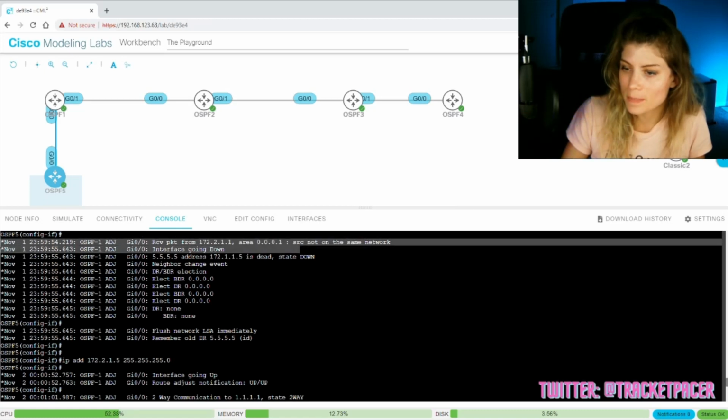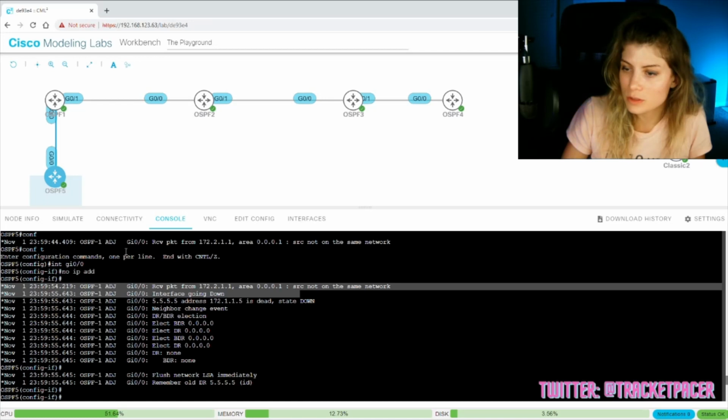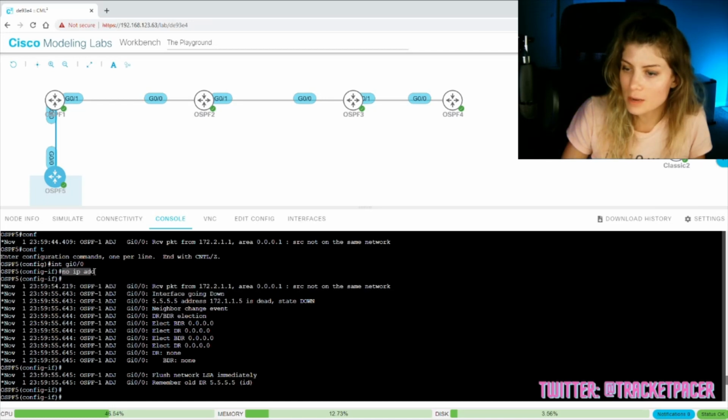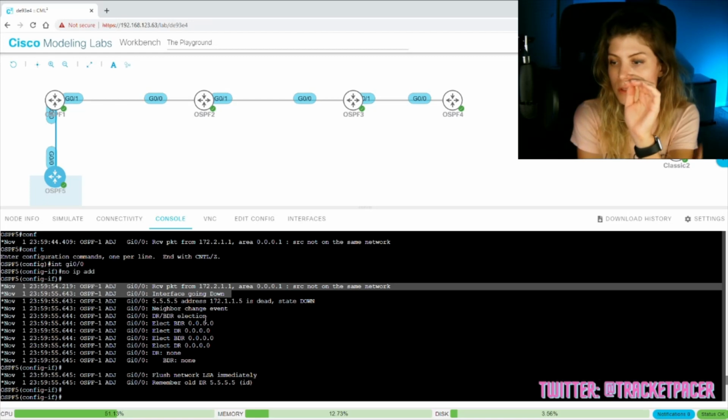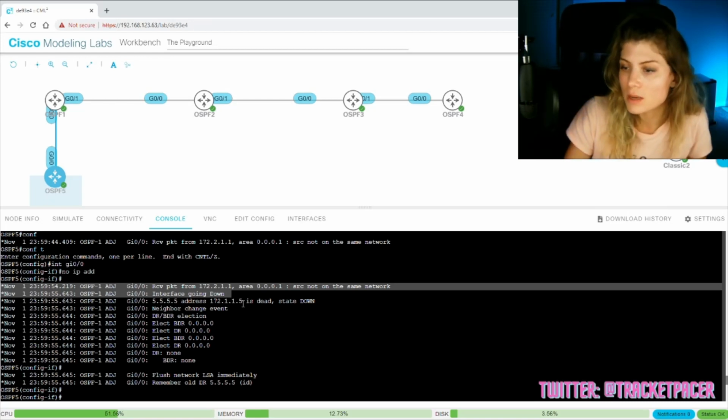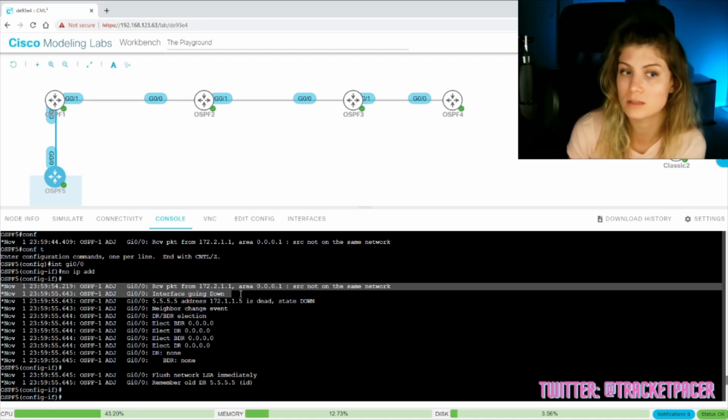So this was our original, let's see. I took the IP address off of it and got a notification that we're not on the same network. Well, we already weren't on the same network. It's more weird lab stuff. But that's what happens when you have an IP address not in the same network with OSPF. With EIGRP, it's a little flexible. They don't technically have to be within the same subnet for EIGRP neighborship to work. It's better if they are, but